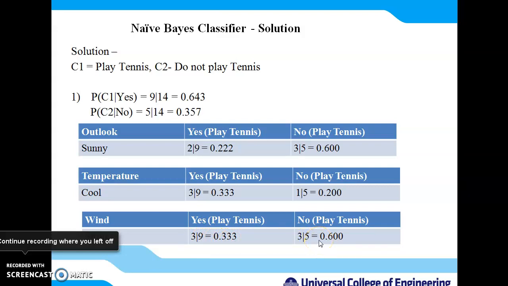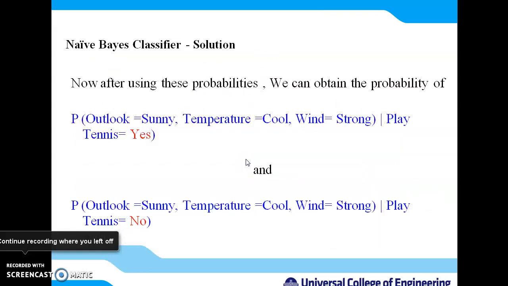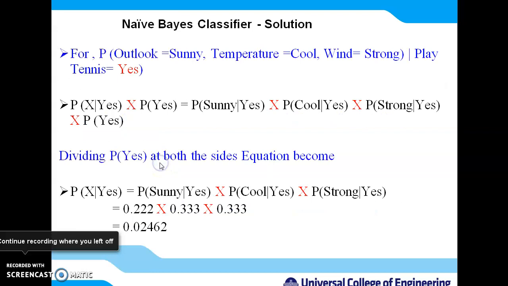Now we have computed the probability for all the attributes mentioned in the unseen tuple. What is the next step? Now we have to calculate the individual probability: what is the probability if our decision is yes, and what is the probability if our decision is no? We will compute the probability for the given tuple, referring to all the probabilities that belong to that particular tuple.